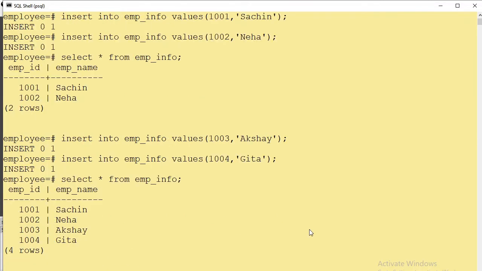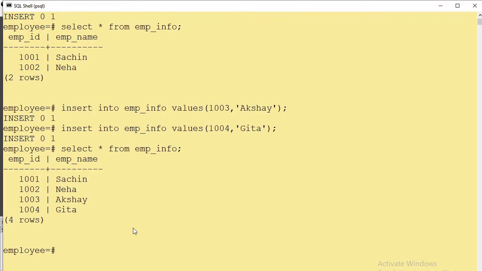Let us check it. So here are 4 records in table employee_info. Now we will try to insert one more record with the same employee ID, 1003, and the name of the employee is, let's say, Abhishek.